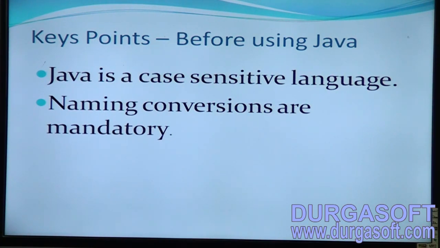Team, naming conventions are mandatory when we work with Java. You will come to know why, because when we create a class, we have to provide some name. Going forward, let us say I provide sample1, sample2, sample3, sample4, and later on it goes to around sample50. If I want to look into a particular code and I specify only sample4 or sample5, obviously I might get confused. I have to look into all these examples, right, team? That is why the naming conventions are mandatory here.